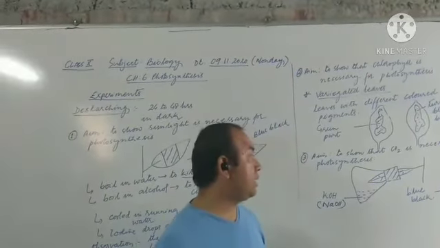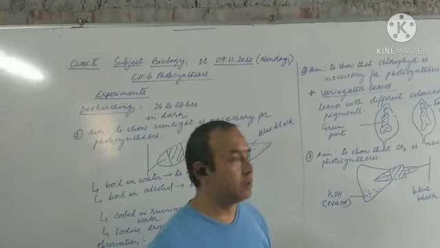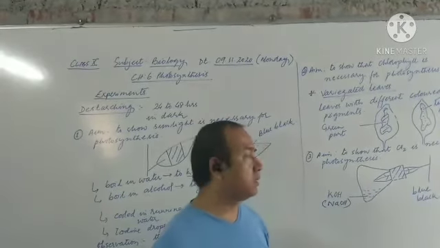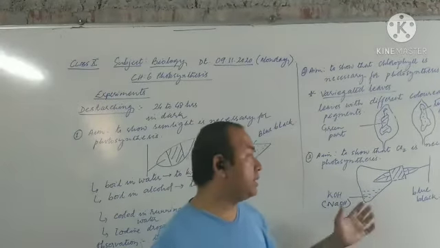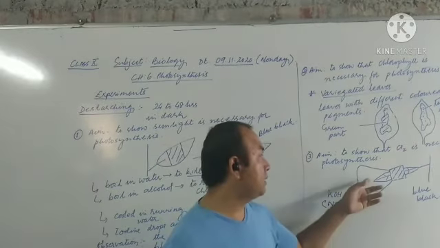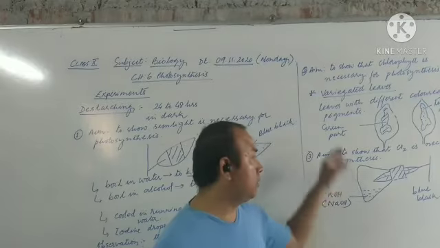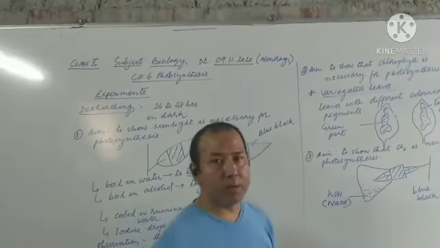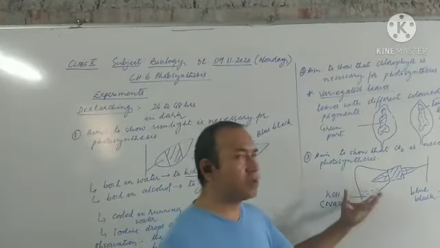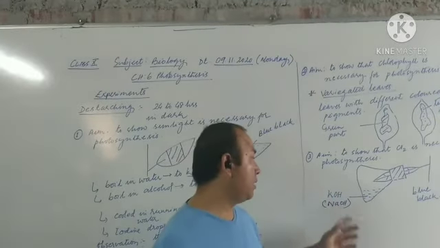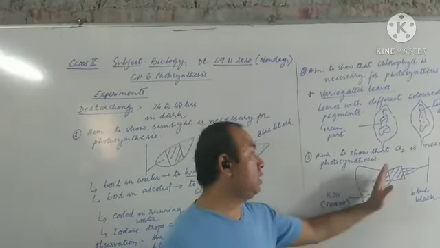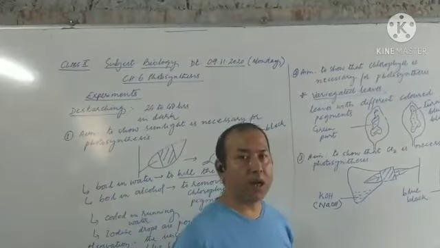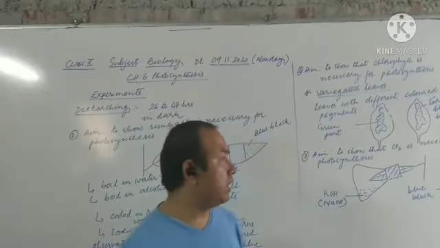What we see in the figure is that half of the portion is inside the conical flask and half of the portion is outside the conical flask. The portion of the leaf which is inside the conical flask does not get carbon dioxide. It gets everything other than carbon dioxide. It gets sunlight, as the glass is transparent, and as it is connected to the plant body, it gets water and minerals also. If any carbon dioxide is present, it is absorbed by the potassium hydroxide. So the portion inside the conical flask does not get any carbon dioxide, but the portion which is outside gets everything: carbon dioxide, sunlight, water, everything.